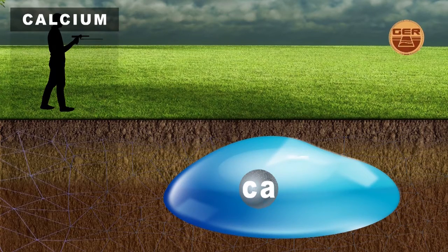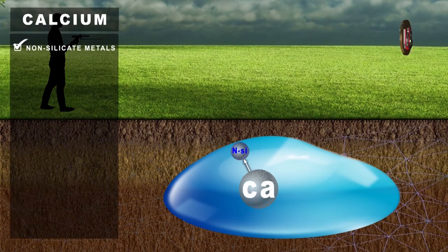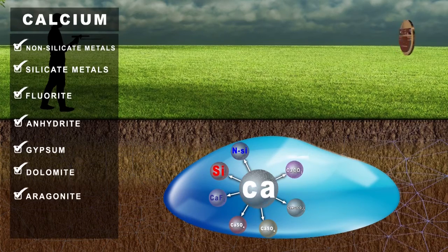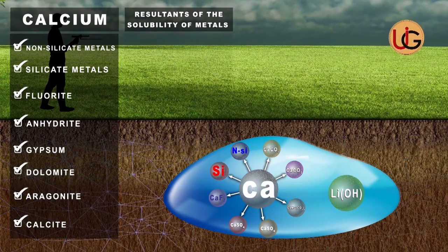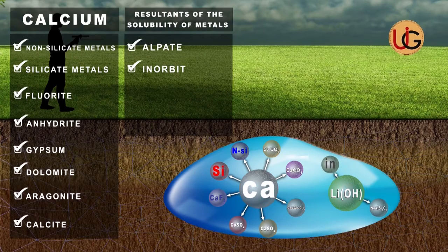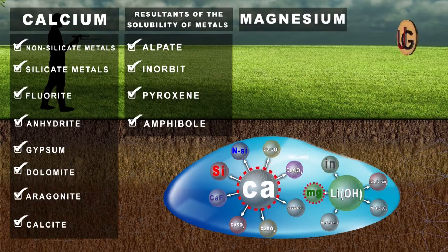There are several sources of calcium ions, such as non-silicate metals, silicate metals, fluorite, anhydrite, gypsum, dolomite, aragonite, and calcite, and the resultants of the solubility of metals found in stones that have decomposed in water, such as alpate, inerbit, pyroxene, and amphibole. And magnesium comes after calcium, where it is the second most important of the positive core ions